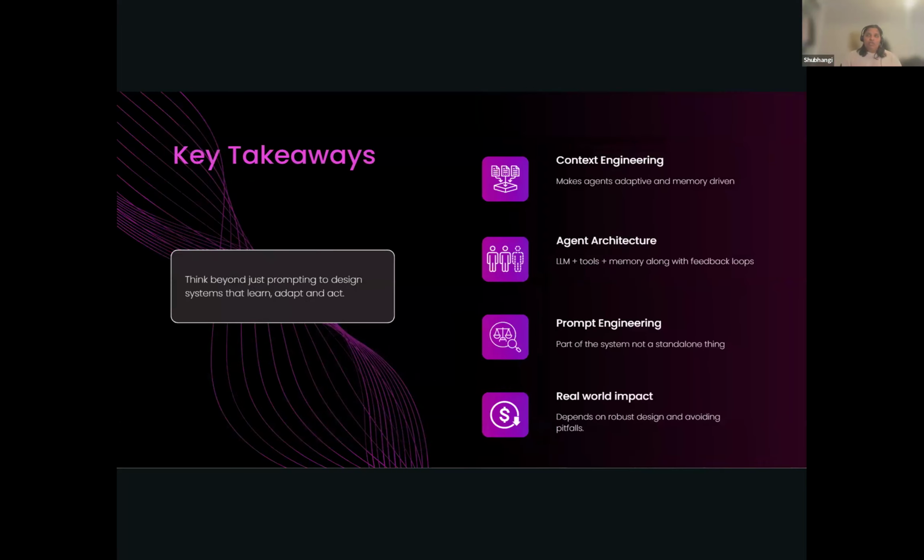So some key takeaways towards the end of this presentation to remember: think beyond prompting to design systems. You have to think a lot more about the background of it, because that is where the intelligence of the large language models gets converted into understanding. Second is agent architecture. The large language model, the tools, and the memory are extremely important, with the feedback loop,